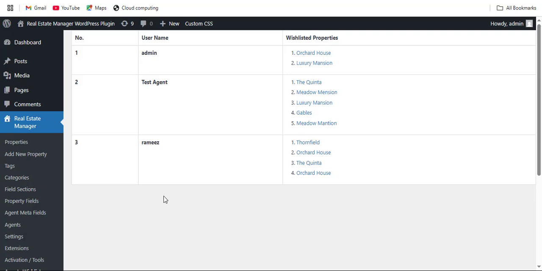That's it. The Real Estate Manager Wishlist Addon makes it easy for users to save and manage their favorite properties. Start using it today and enhance your real estate